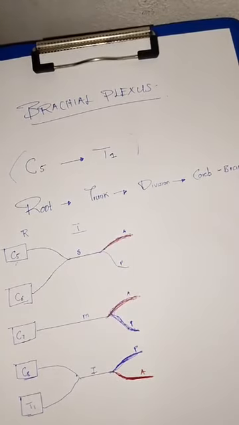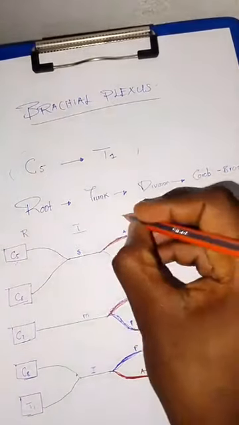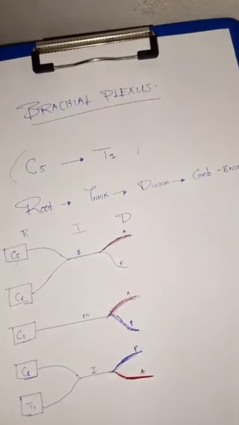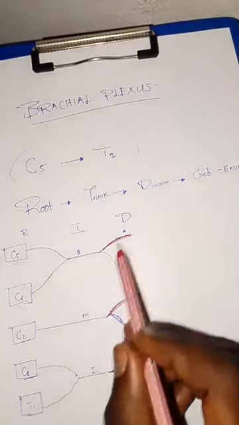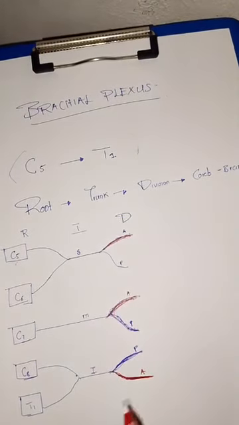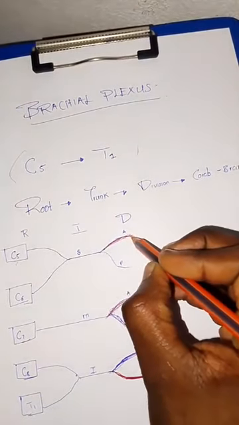Then from there, you're going to find that these divisions of the trunks are now going to be joining to form the chords, because right now we have formed the divisions. So we are now going to start seeing how the chords are going to be formed. How they are formed is that the divisions of these trunks are going to be joining together to form the chords. So you are going to find that the anterior division